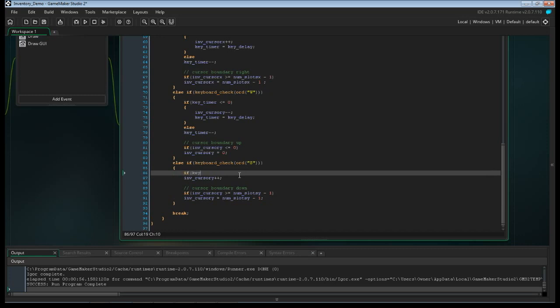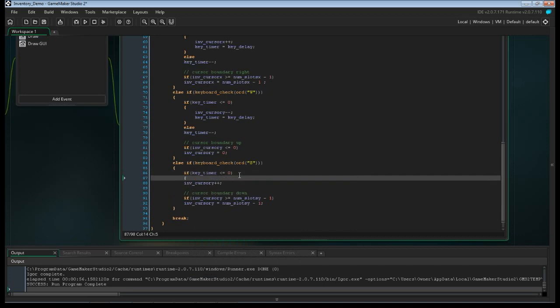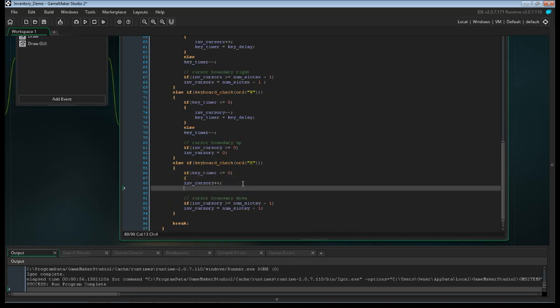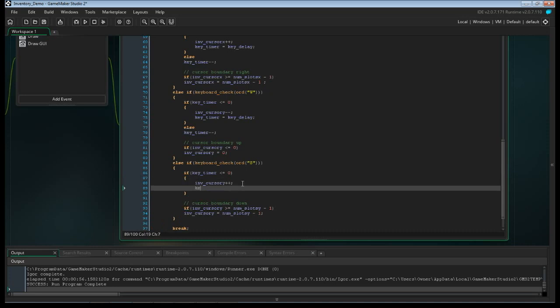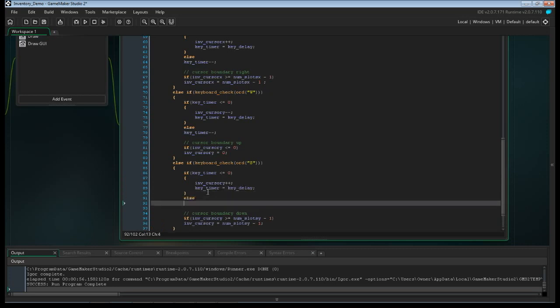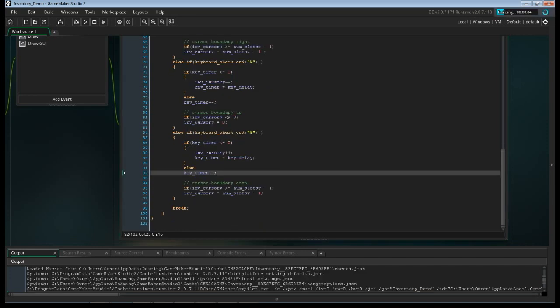And then if key timer less than or equal to 0, then the key timer is set to the key delay, else key timer minus minus. And if we run this,